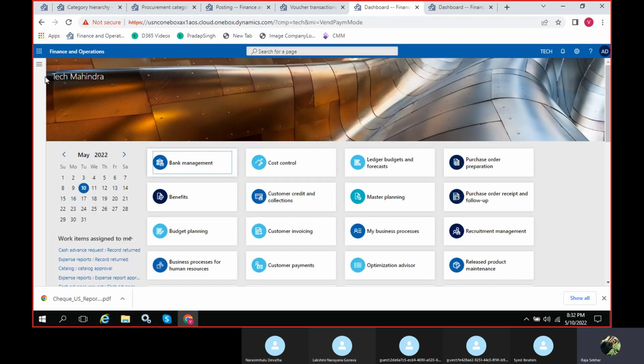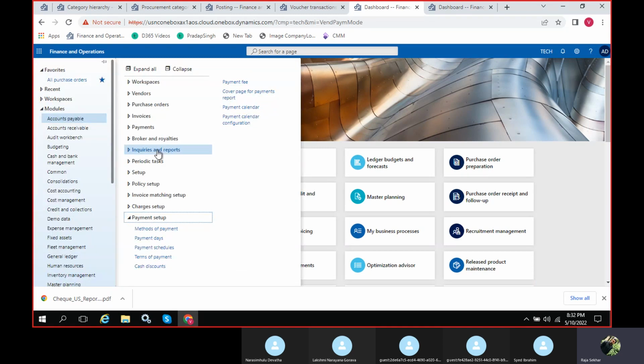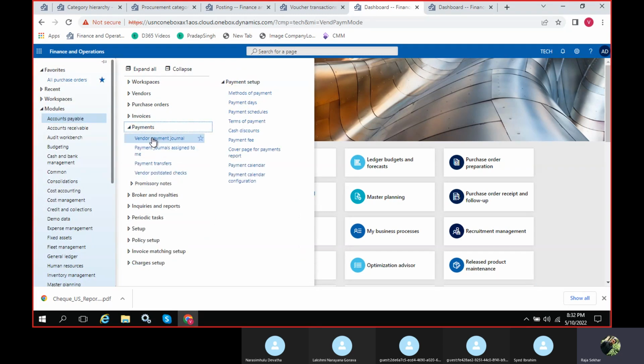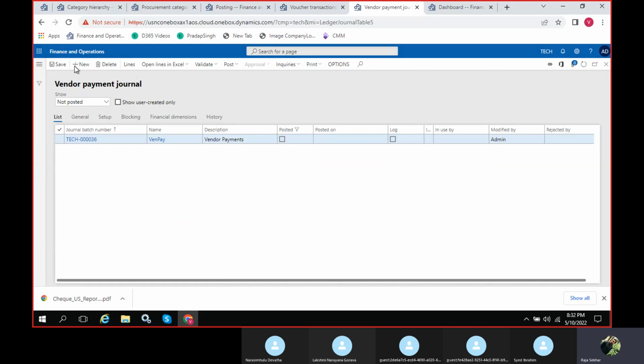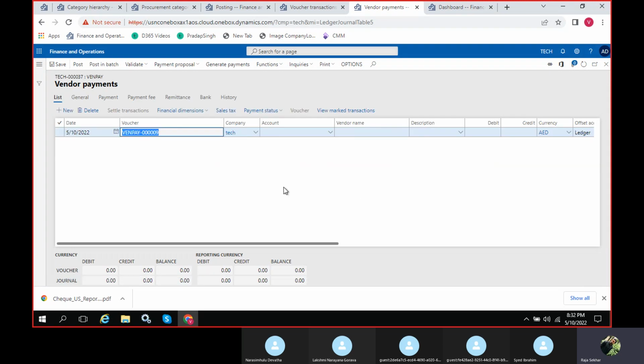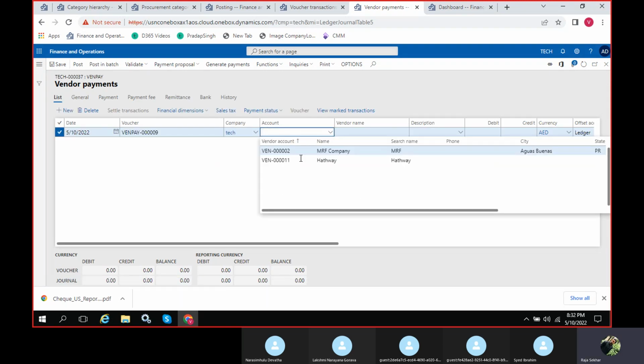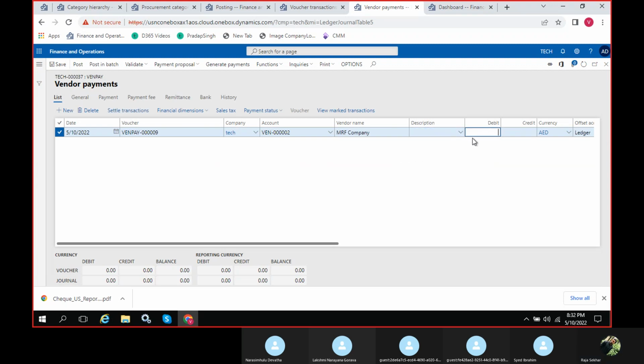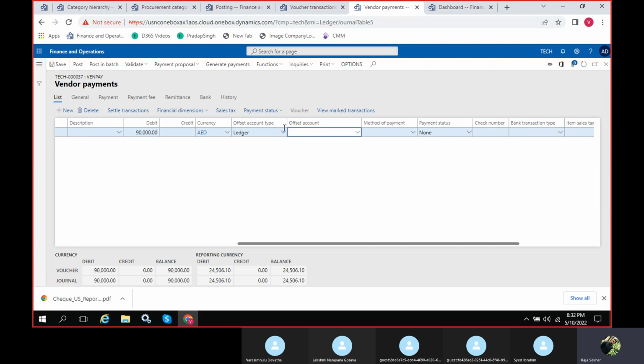I have defined it, so whenever I take that bank payment fee, I'll go to my vendor payment channel. I'm giving the bank I have selected, my offset account is bank, and my method of payment is electronic payments.